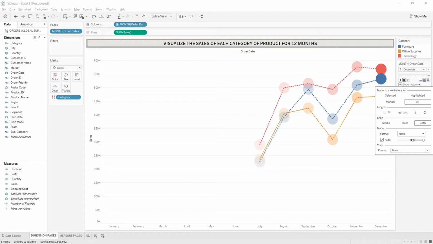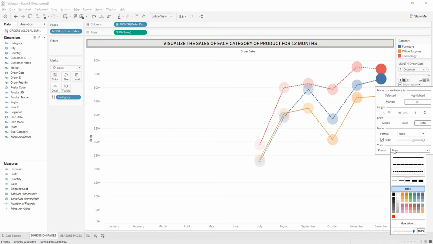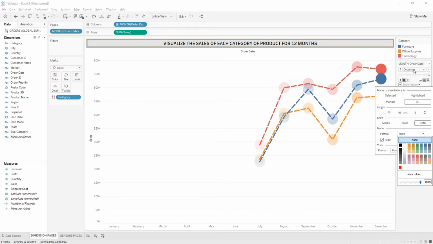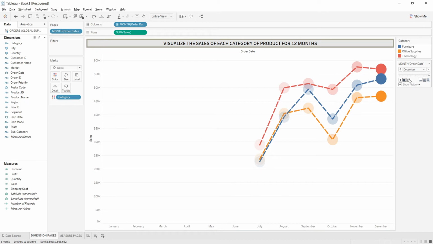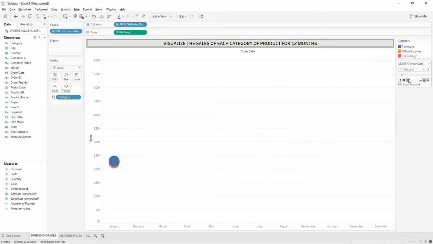We can also fade the color of the marks or the color of the previously executed pages according to our requirement. And further we have the trail option, which can also be formatted with a different type of lines, such as various dashed lines or widened lines. With this we can see that our marks are being created and our pages are being visualized in a better way. Further, we can execute these pages together,